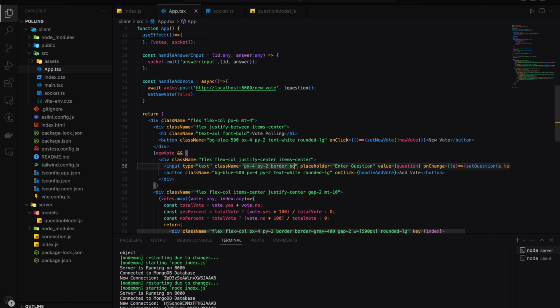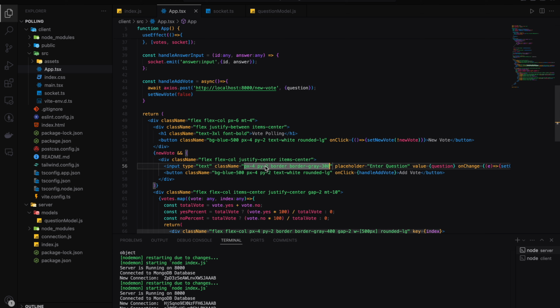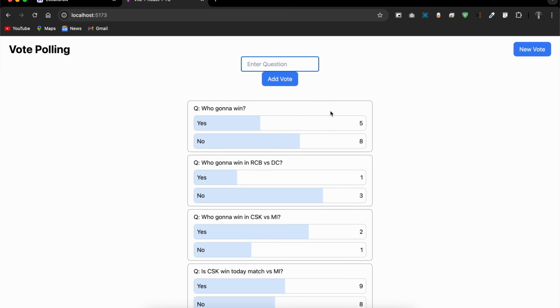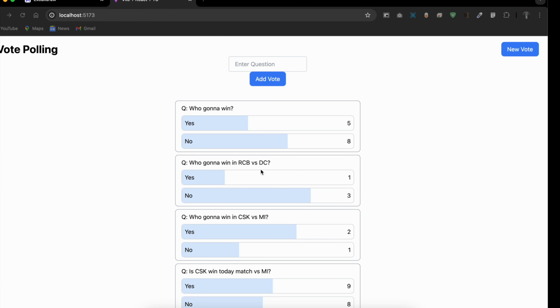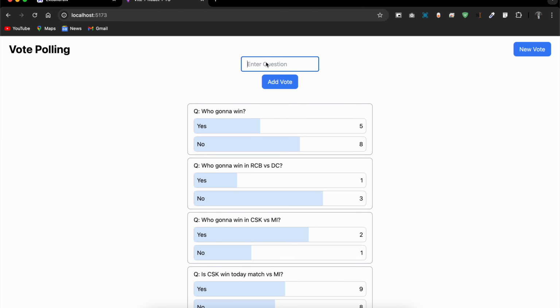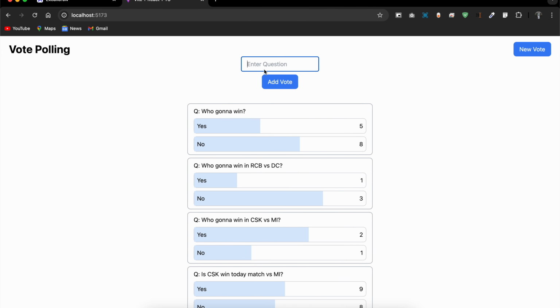We have border and border gray 300, and the rounded, that's it, and flex, so give a gap of, I think 2 is enough. Yeah, okay. That's it for now. So question is like, is Android